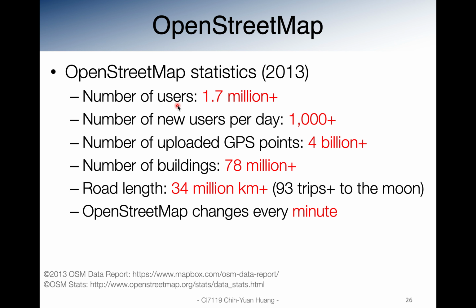Back in 2013, the number of users was more than 1.7 million, the number of new users per day was more than 1,000, the uploaded GPS points were 4 billion plus, the number of buildings digitized on the OpenStreetMap was more than 78 million, and the road length was 34 million kilometers,